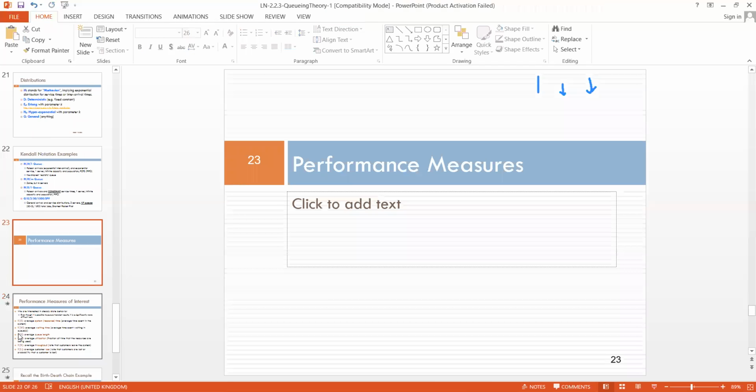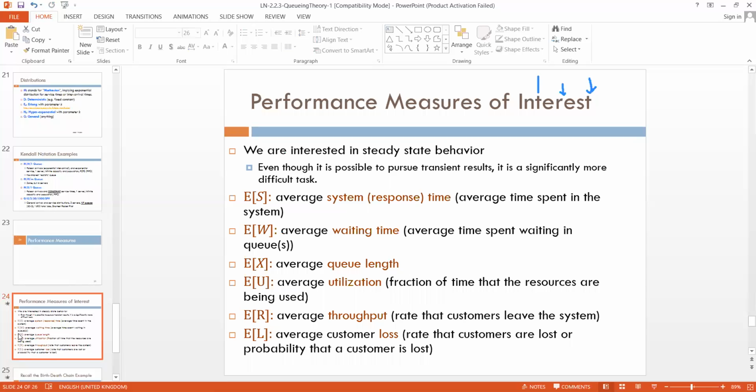Then we have the performance measures. We are always interested in the steady state behavior of the system. Okay, so like we said,